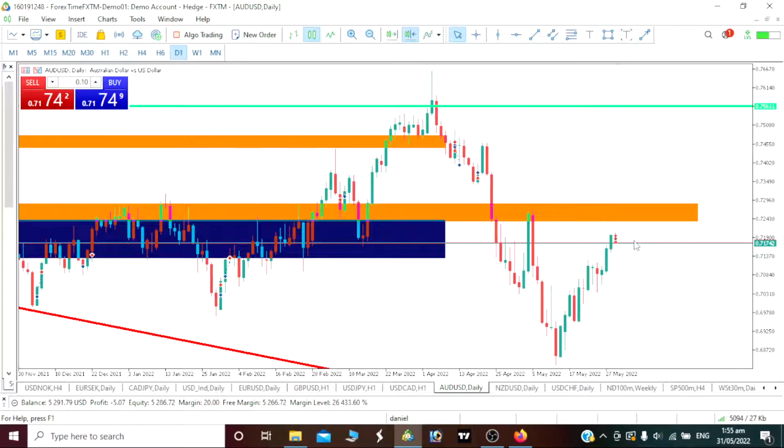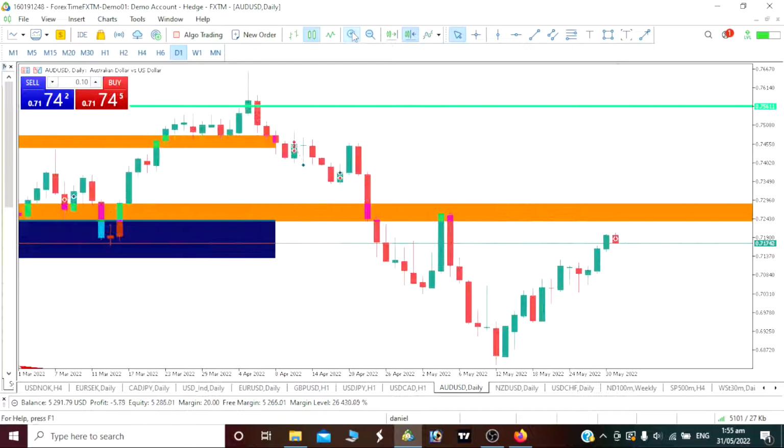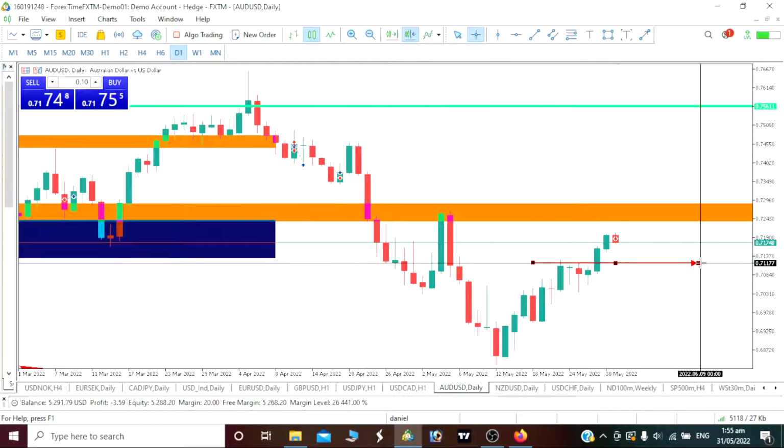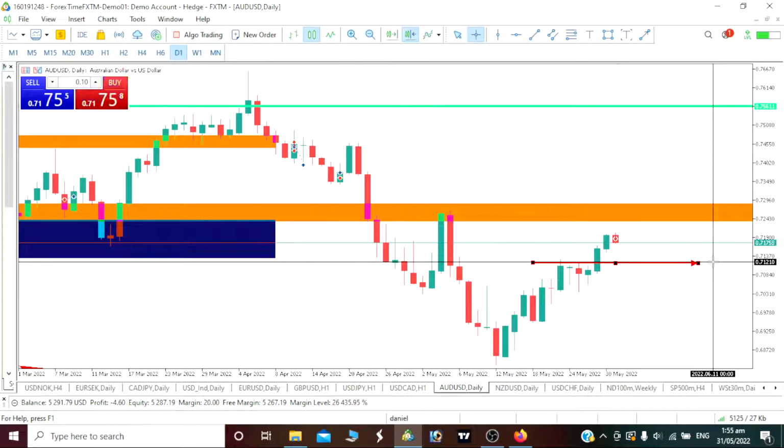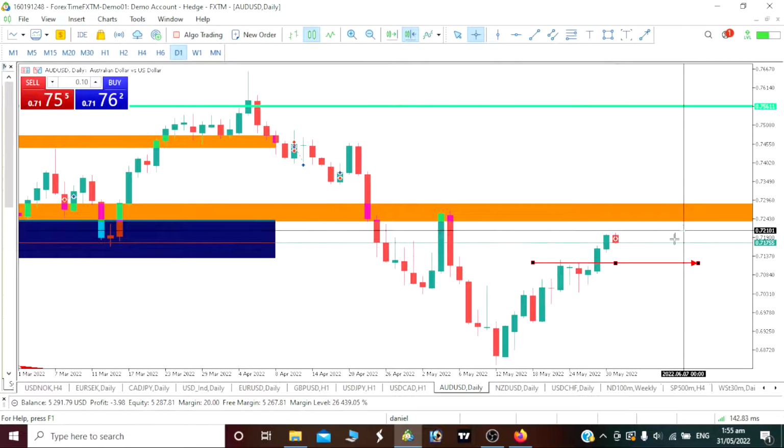As you can see, our AUD has actually opened bearish for today and has dropped at least about 21 pips. We should probably be seeing it drop at least to this level here, which is about 0.711. Right now we are at 0.717, but we should be seeing our price drop to about 0.711